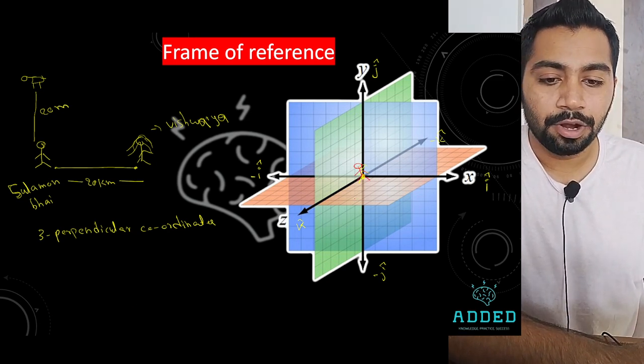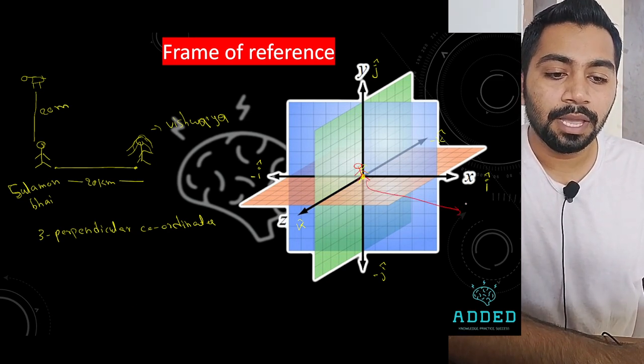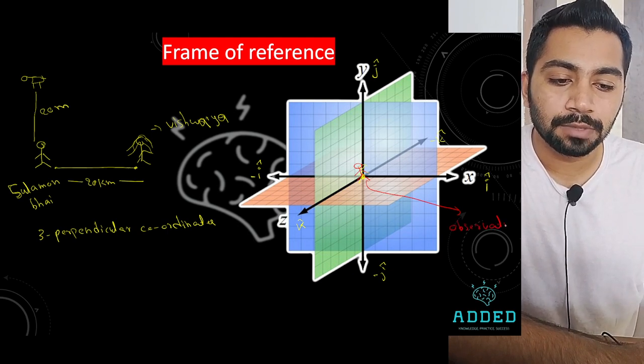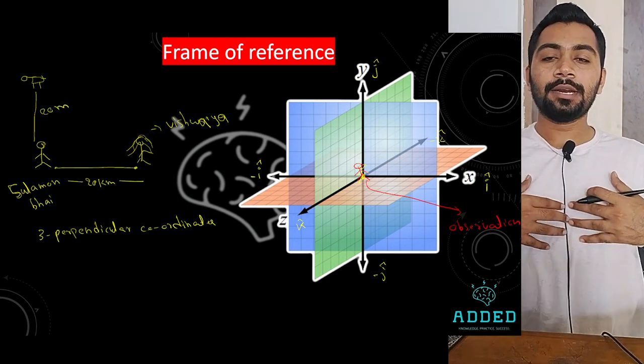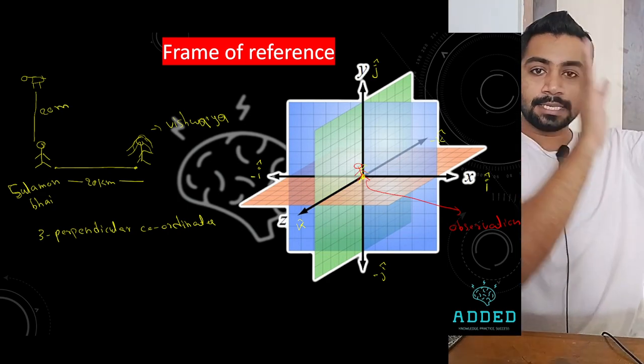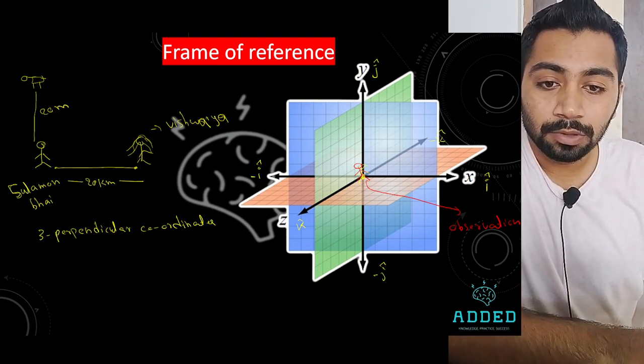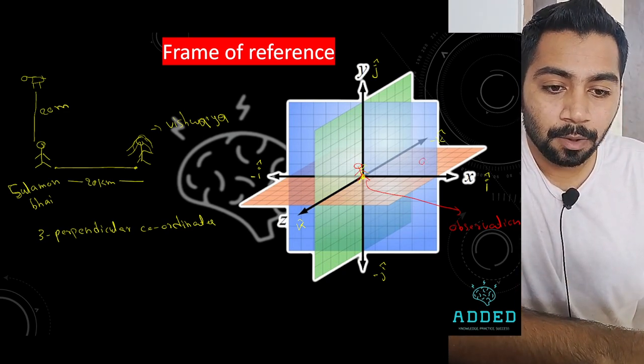Suleiman Bhai is the origin, the observer. From here, always observer. Now it is a point from where everything is observed. See, very simple. I am standing here. From this side, x-axis, y-axis, z-axis. So whenever I want to read, now this is Suleiman Bhai, and this is Vaishwarya